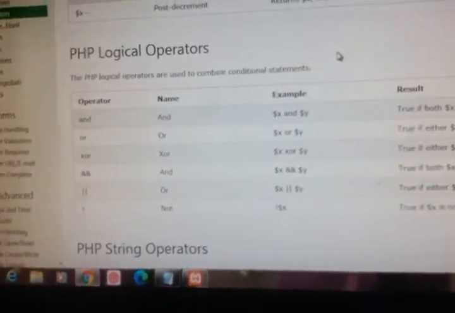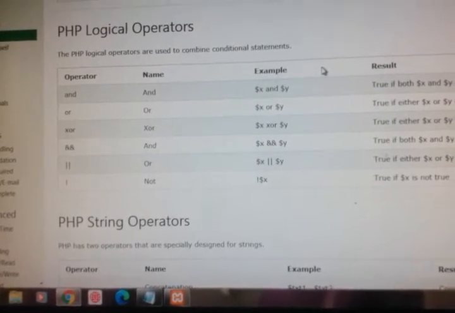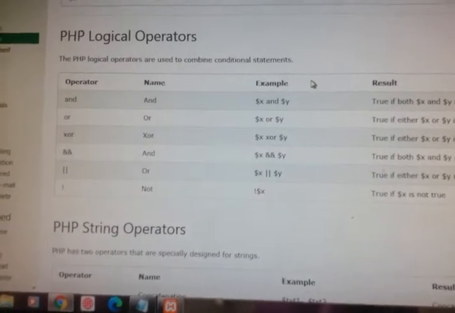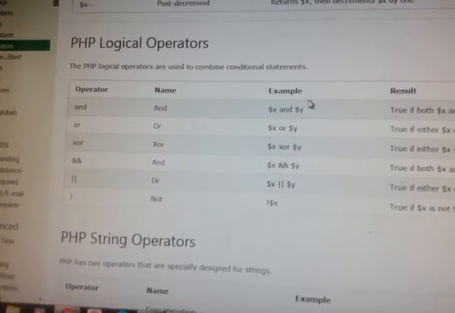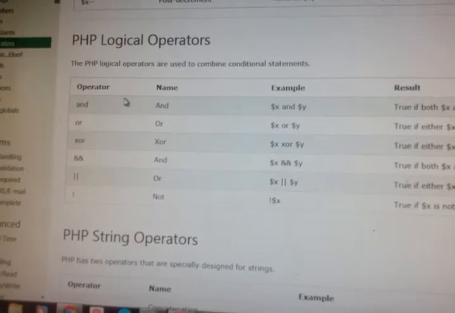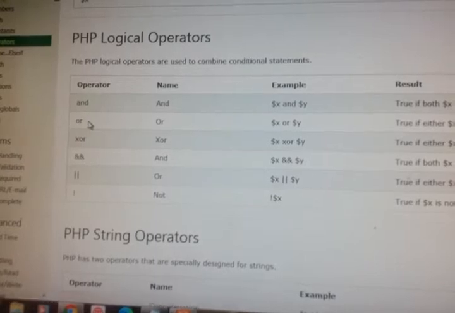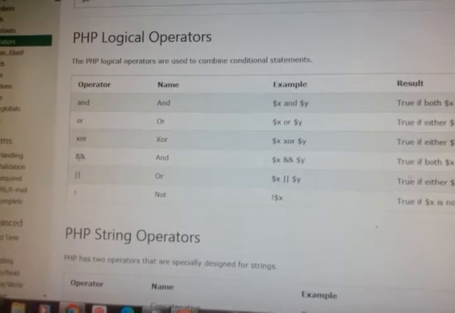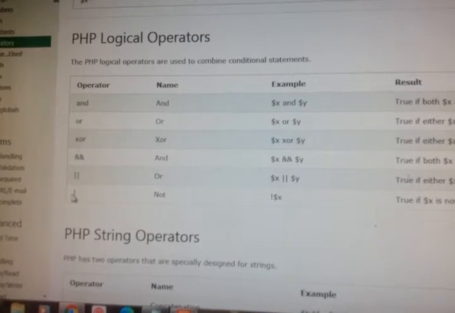And then next we will move on to logical operator. The PHP logical operators are used to combine conditional statements. So how to combine? Just I will show you with program. So the operators we are using are AND, OR, XOR, logical AND operator, logical OR operator, and NOT operator.